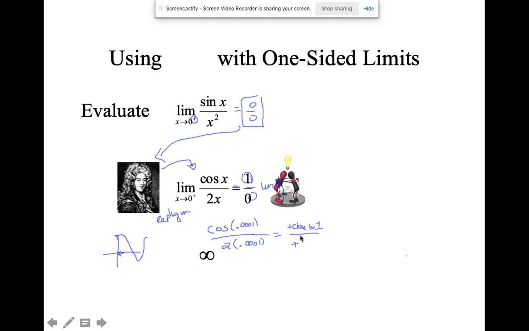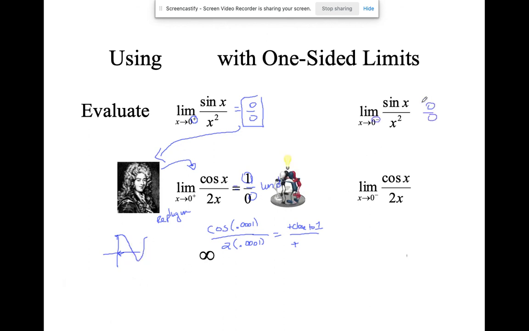1 over positive infinity. And again, if you don't believe me, put a couple of those into your calculator, or just put that graph into your calculator and see what's going on. How about from the left? From the left,